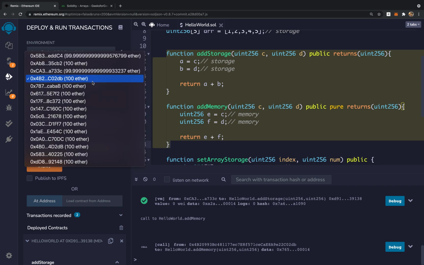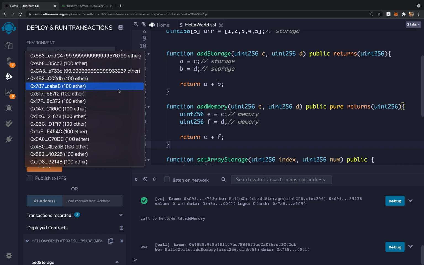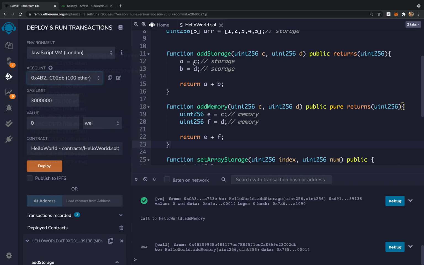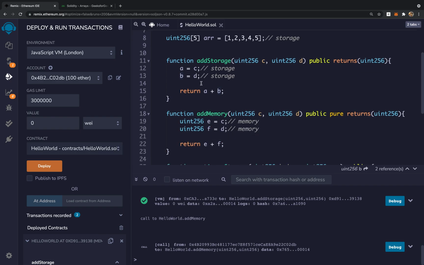So as you can see, the first one, which we called using the storage variables, has caused us a little bit of gas, but the second one has not caused any gas. From this little example, we can conclude that the storage variable costs more gas compared to a variable which is declared using memory. Since we assign these two parameters to the storage variable, which is our contract or the state variable, and we try to return the sum, while storing these values into the state variables, it has caused us some charge, that is the gas which we are paying right now.